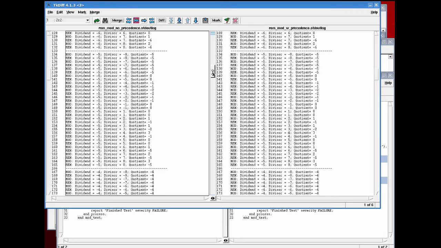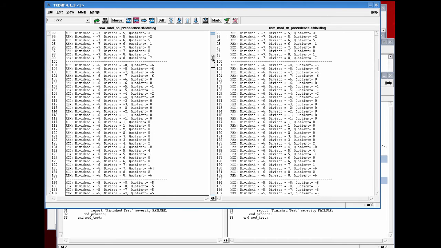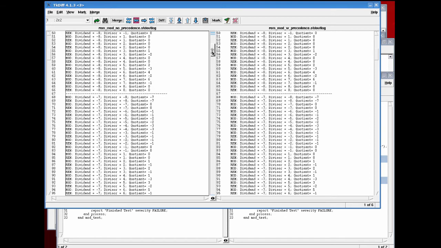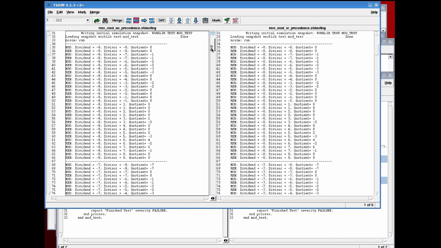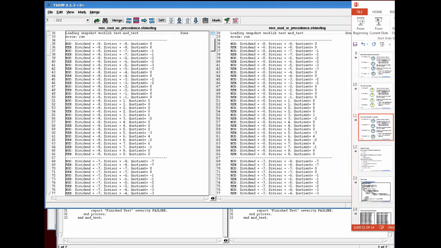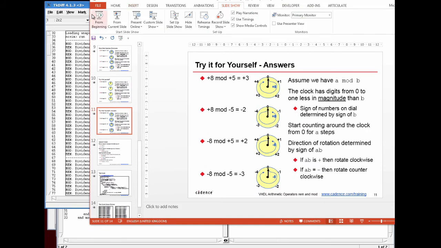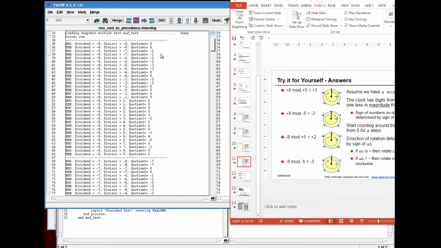So let's go to an example. The last example we did, it was all combinations of 8 being the left-hand operand of mod and 5 being the right hand operand, and we had a variety of cases. So one of the cases was, let's get this up here to prove that what we're saying is what the results of a simulator would be. Okay, so we've got here